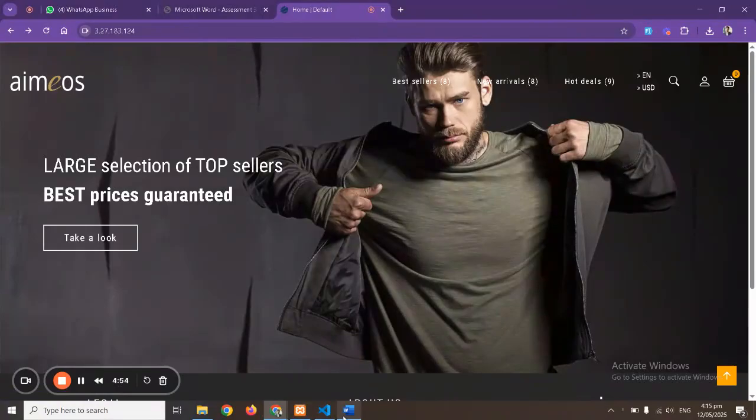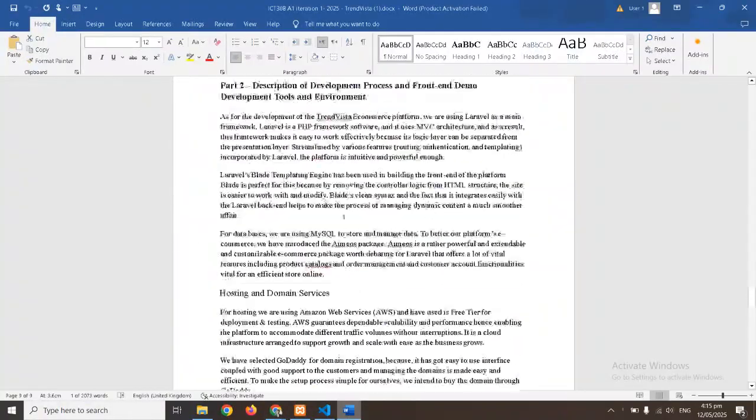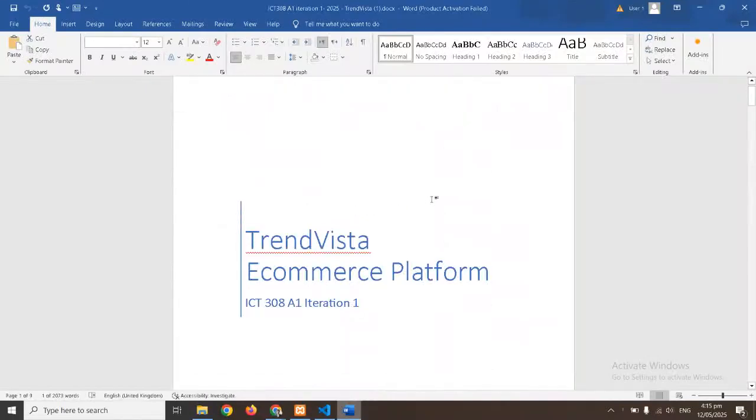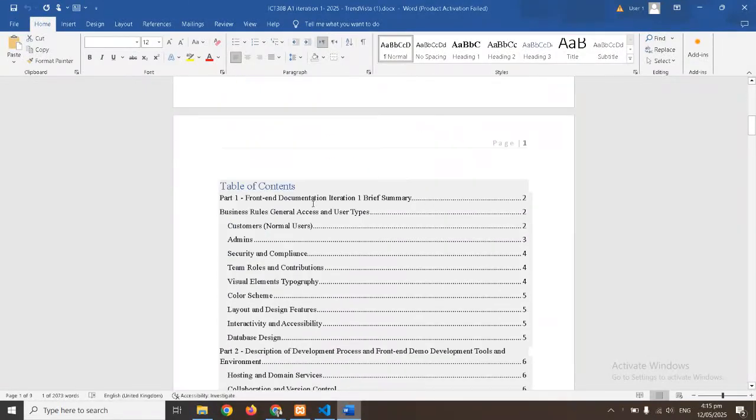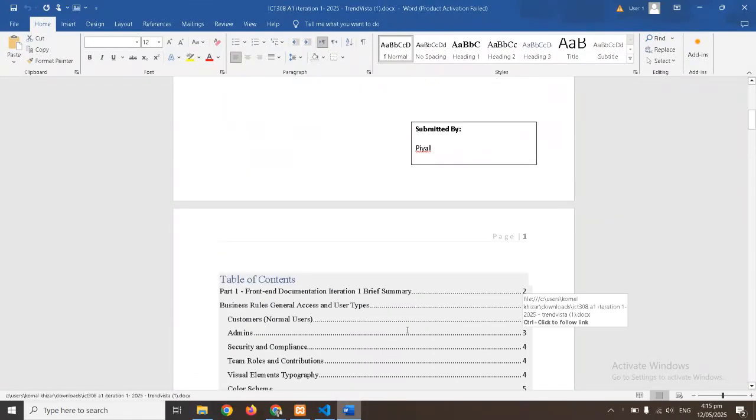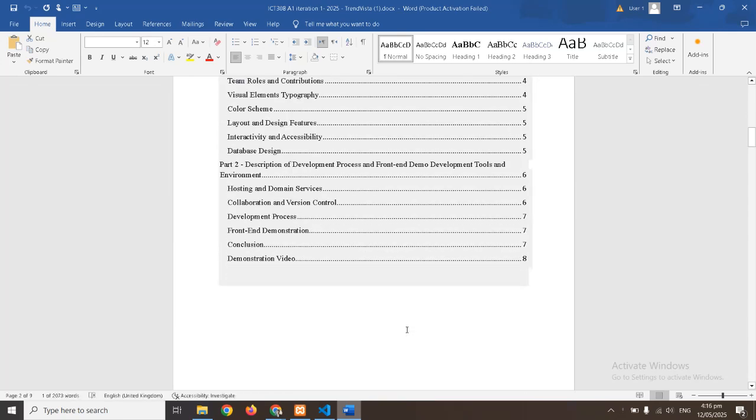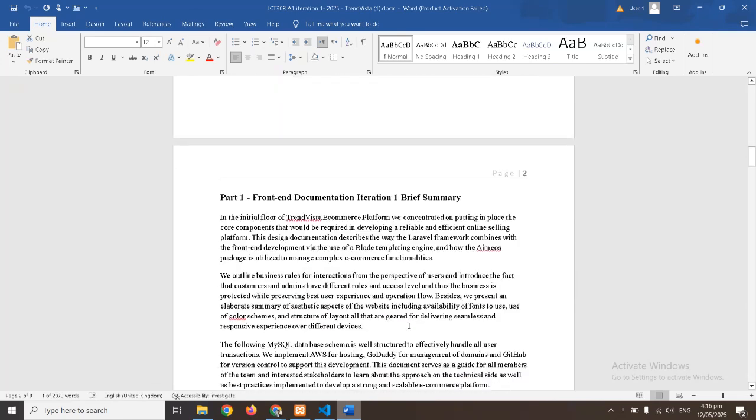This was part one of the project iteration. This was all about the front end documentation and the development process I'm using for the front end. First of all, I have mentioned what technology I've used. If I go to this documentation, here I mentioned that for the trend-based e-commerce platform,